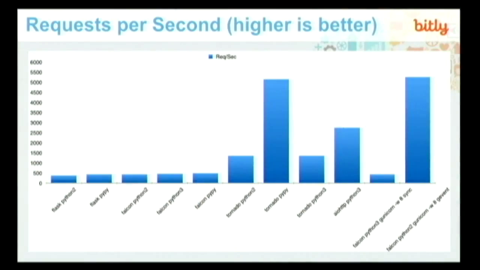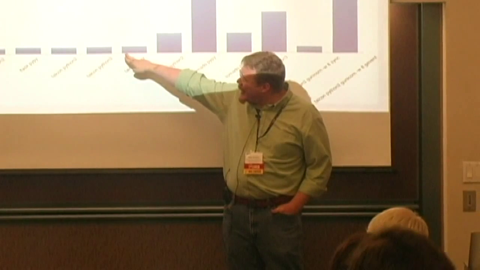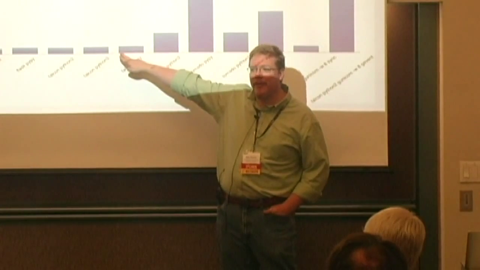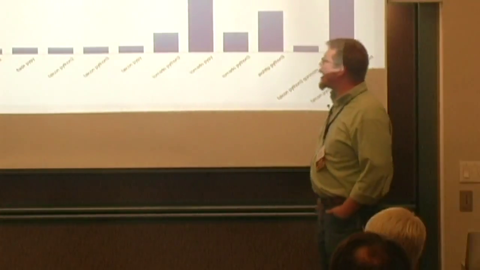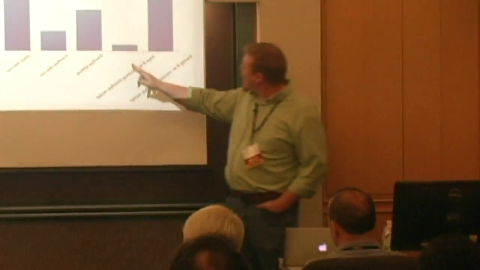Okay. Requests per second. This is the Python contingent. Tornado PyPy pretty much takes the cake here with 5 and change thousand requests a second. That's pretty awesome for Python code. Notice that Falcon, with its really tiny latency, really still doesn't manage to handle many requests per second. And it's comparable with Flask. Those are the synchronous versions.